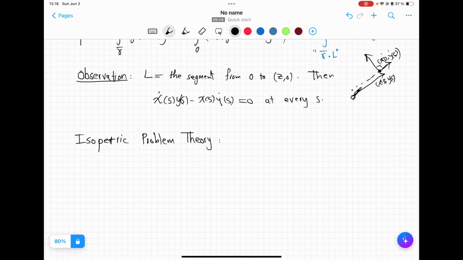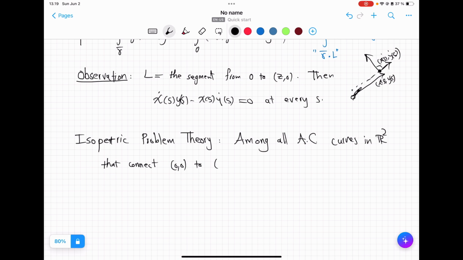We will think of gamma bar as representing absolutely continuous curves in the plane. So among all absolutely continuous curves in R2, xy plane, that connect 0 to z,